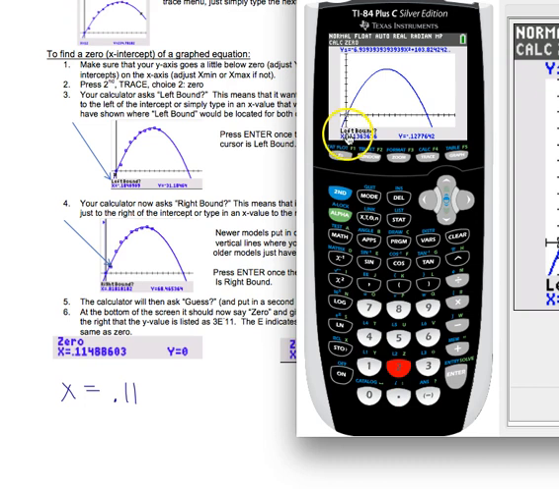So instead of scrolling your cursor, you can just type in a left-bound value, which you can see, yes, indeed, that is to the left, and then type in a right-bound value, so 16 would be to the right. Again, you always want to make sure that your x-intercept is actually between those vertical lines, which mine is,